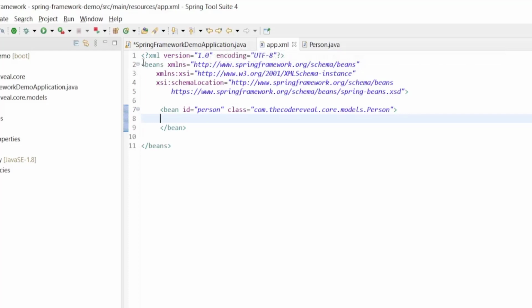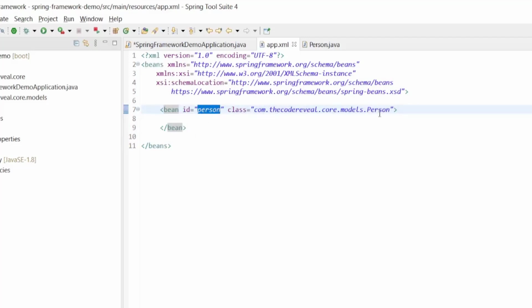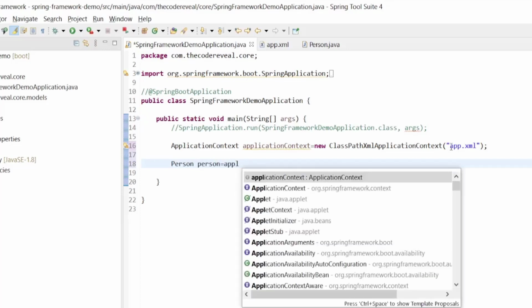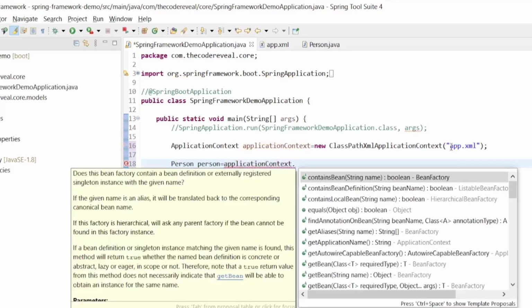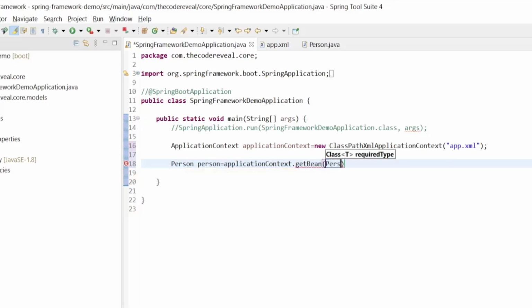We have defined the beans here. One bean we have defined with an ID of type person and the class Person. We pass this app.xml here, and whenever we need an object of the Person class, we'll call the application context, which is basically our IOC container, to get that bean, and here we can pass Person.class.